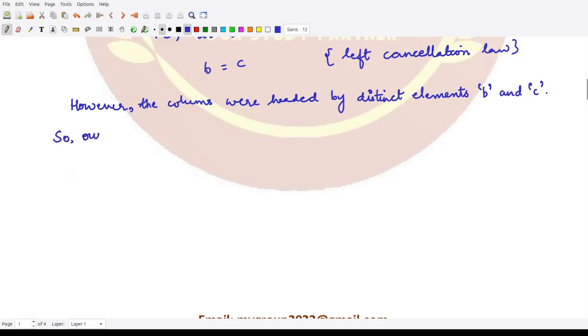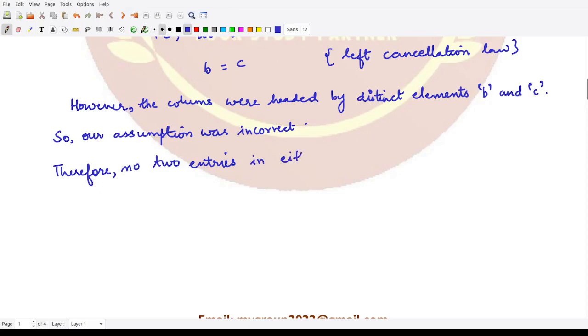So our assumption was incorrect. Therefore, we would say no two entries in either row or column